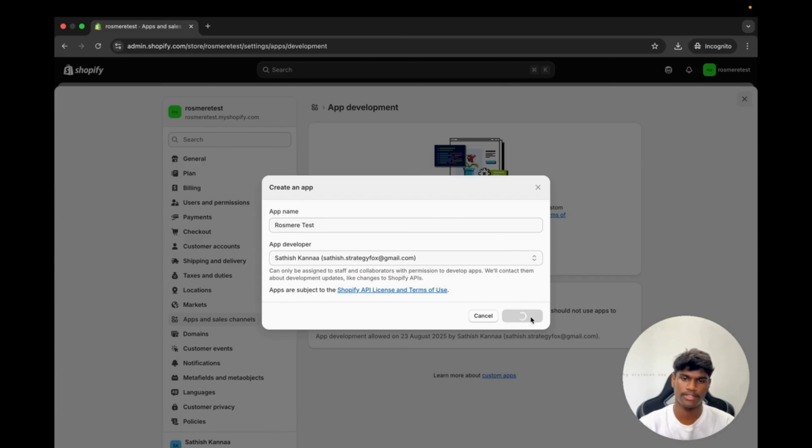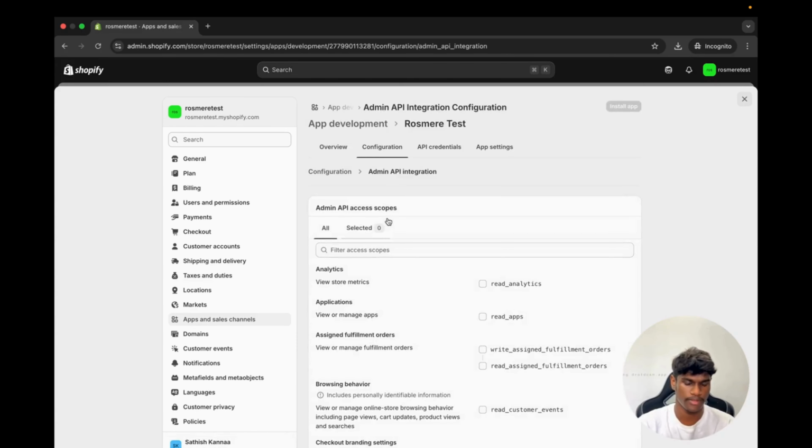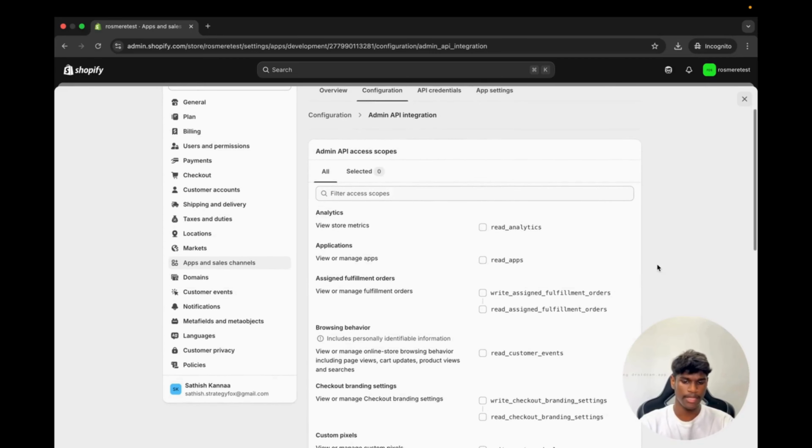And then click on create app button. Now, once the app is created, you need to configure both admin API scopes and the storefront API scopes. Let's do this one by one. Now, for the admin API scopes, make sure to enable the following fields: read analytics, read apps, read assignment fulfillment,